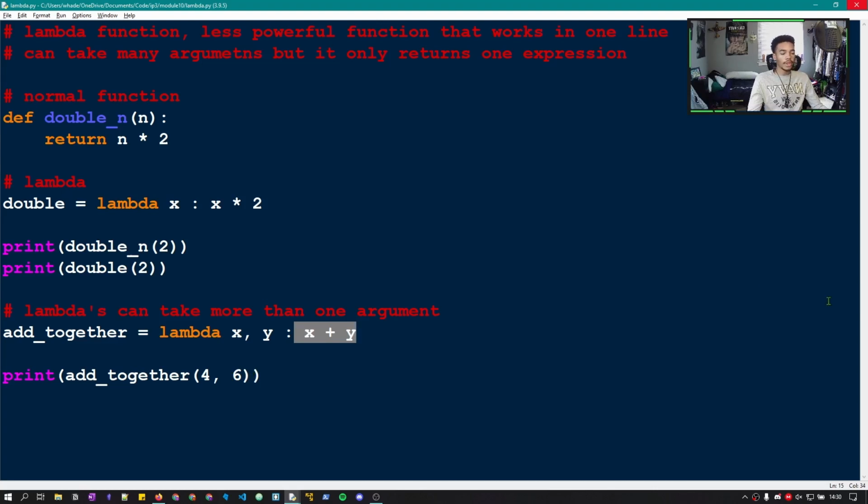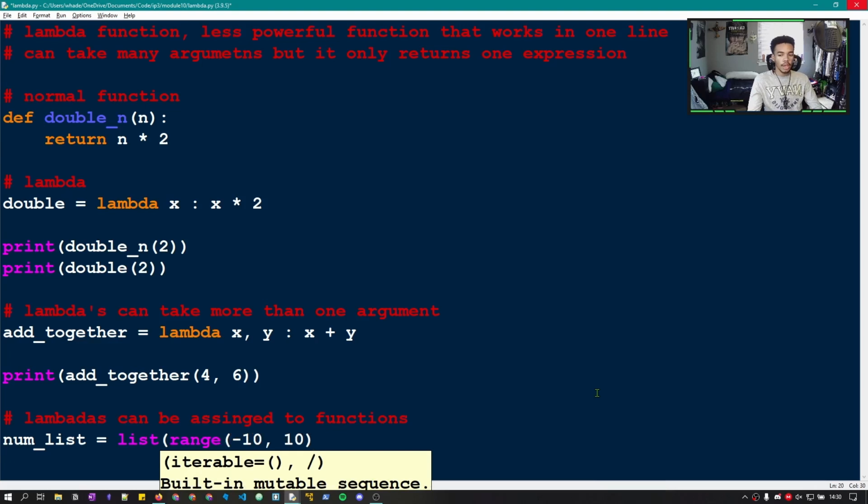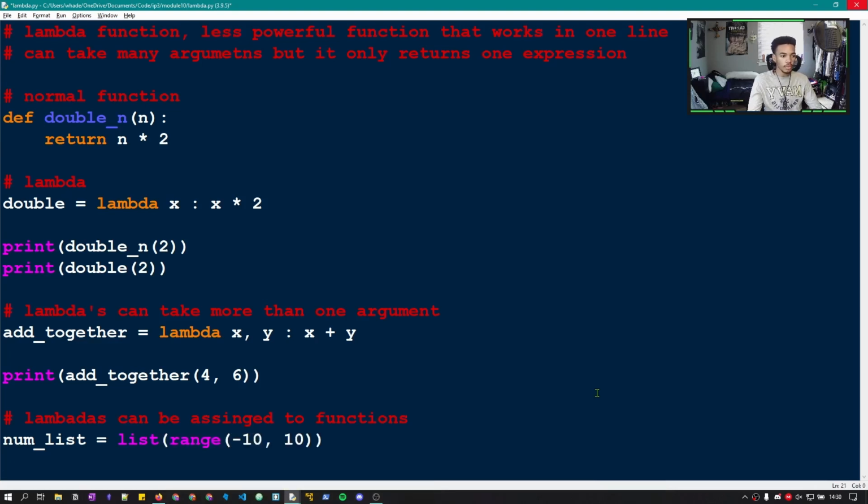Now lambdas aren't always assigned to variables. You can use them in functions. So if we wanted to, lambdas can be assigned to functions. All right, so we can do something like a num list, and this num list will equal a list from the range of -10 to 10, and we'll just say positive values, so positive